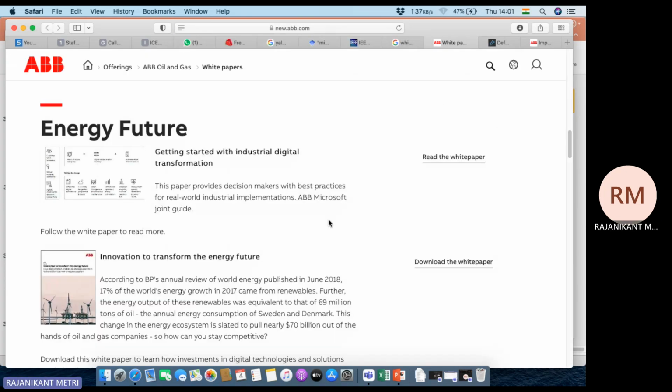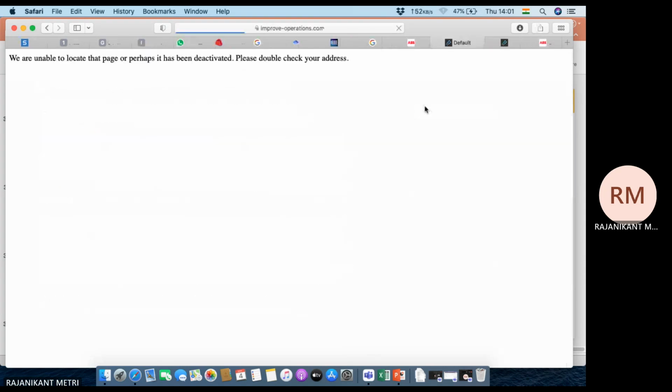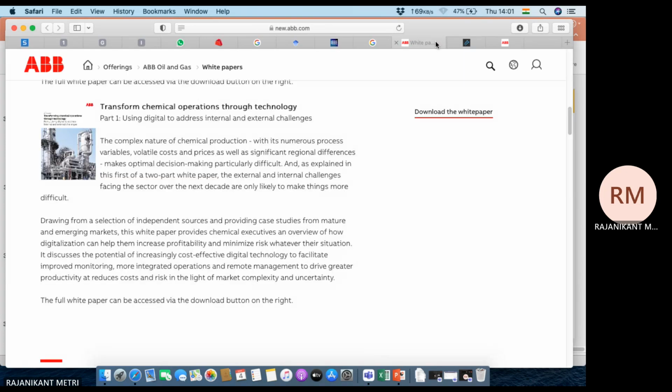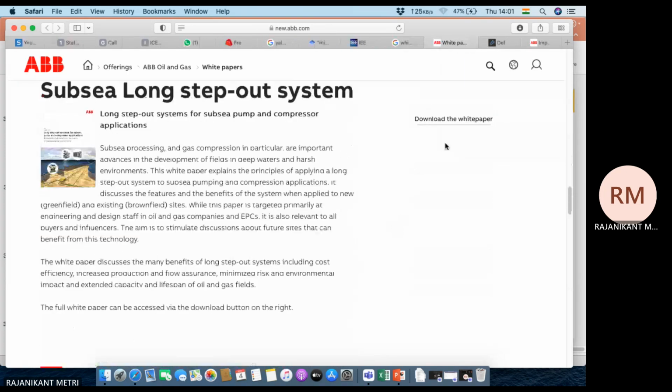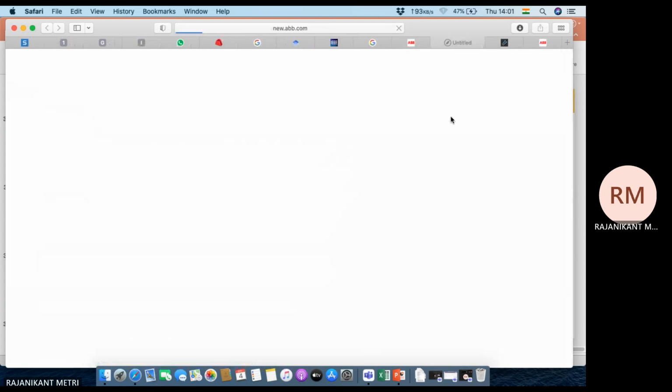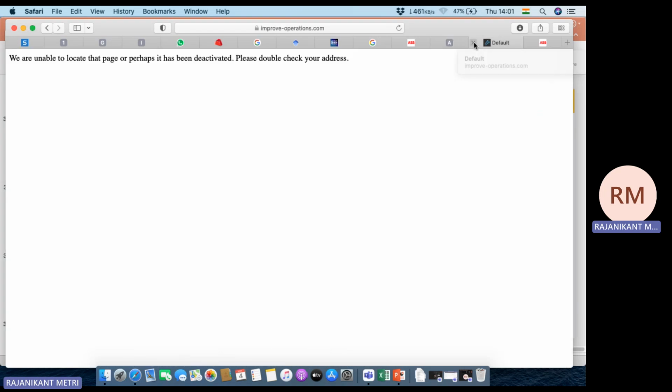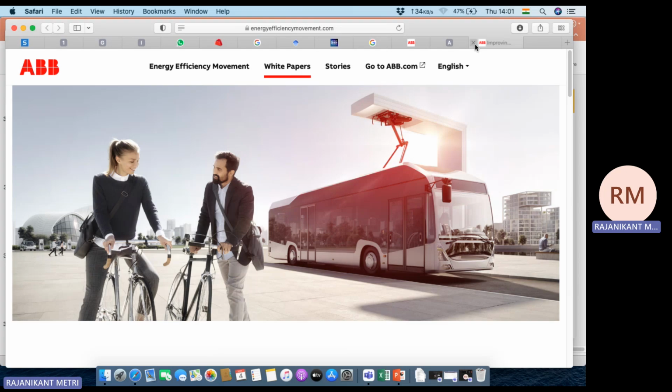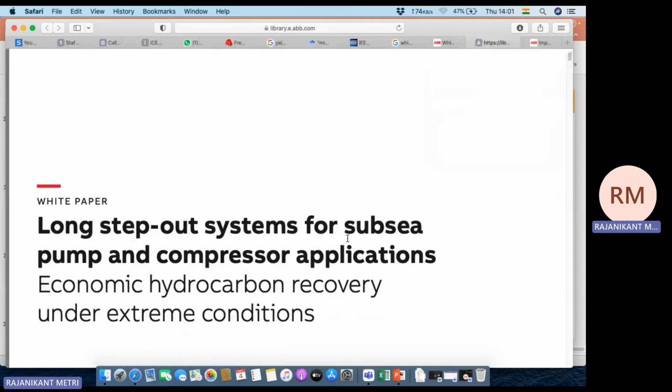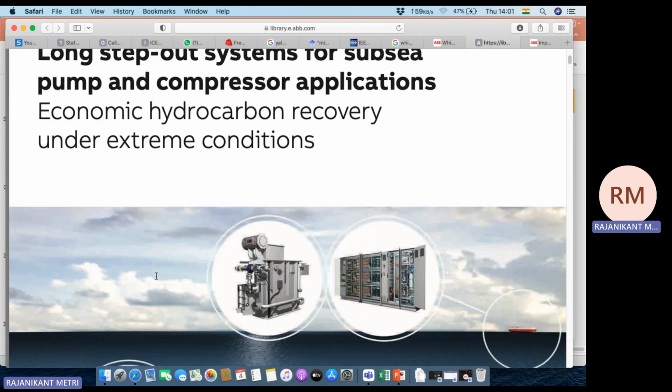Sorry, wait, wait. There may be an issue that this link is not correctly operating. So you can see long step out system for subsea pump and compressor application, and this is given as a white paper. And you can see